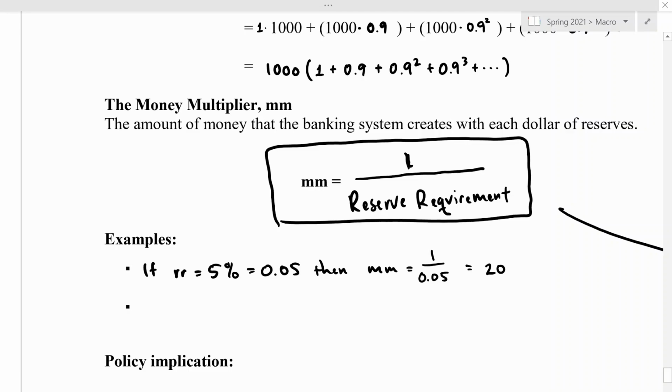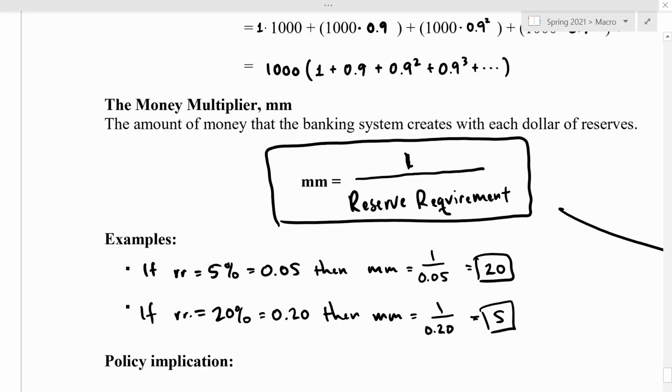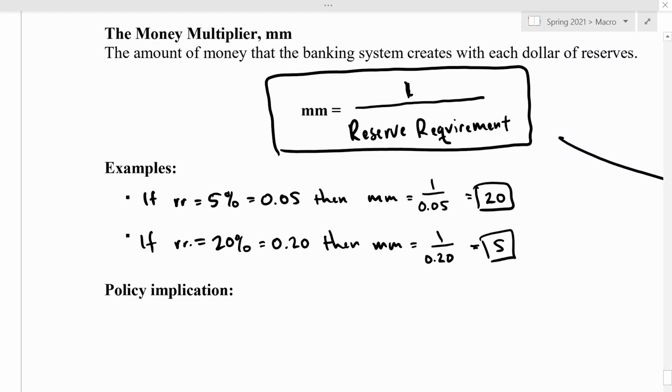So if there was a 5% reserve requirement, that initial deposit would be multiplied by 20 times for new creation of money in the banking system. If the reserve ratio was equal to 20% or 0.2, then the money multiplier is equal to 1 over 0.2, or 5. So what's the policy implication? Here we have a higher reserve ratio. Here we have a lower reserve ratio. And because that's in the denominator,